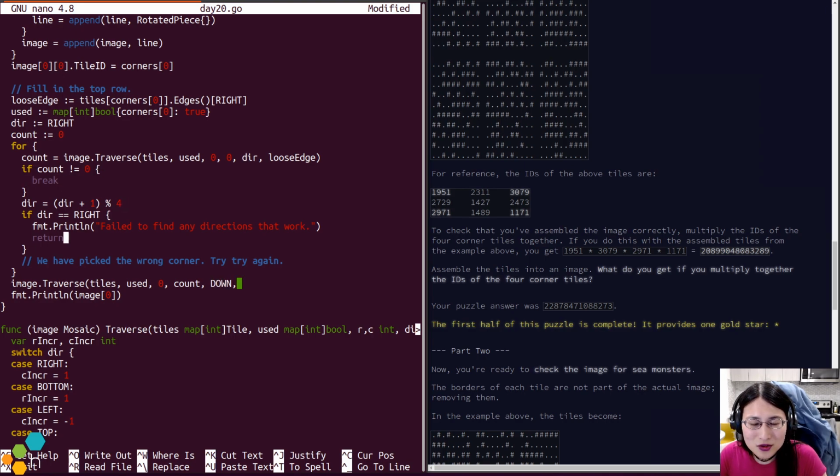Oh, and I need to know what the loose edge is, but I guess I can... Okay.